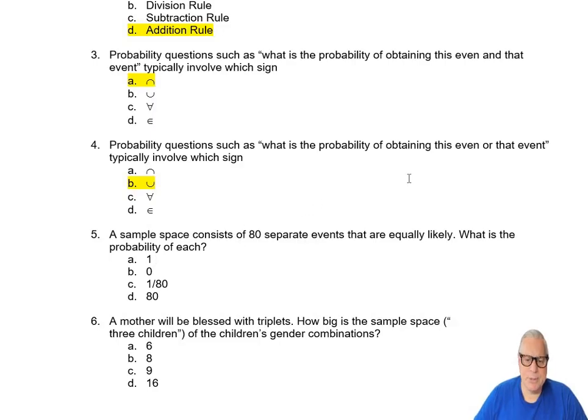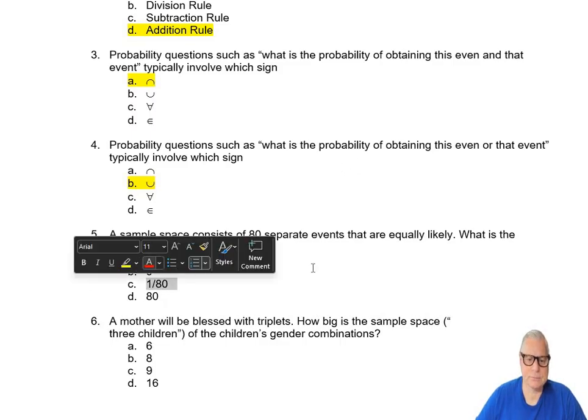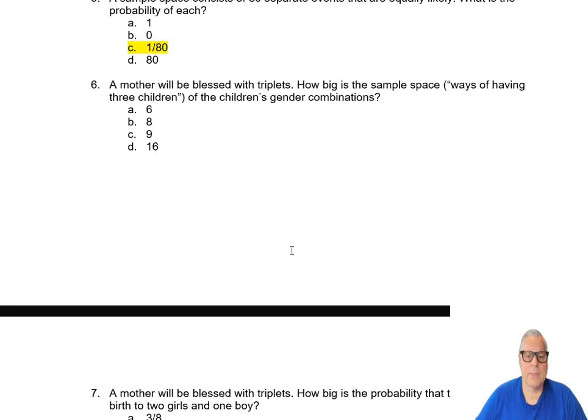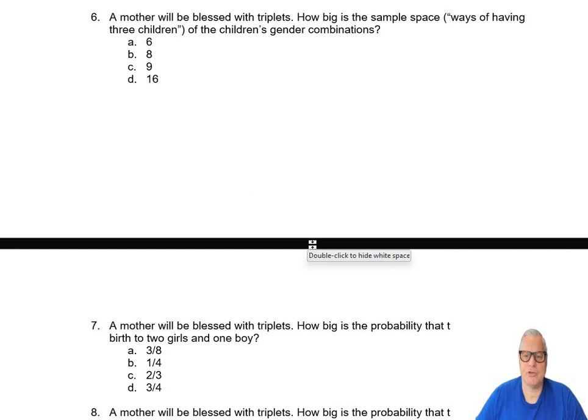A sample space consists of 80 separate events that are equally likely. What's the probability of each? Well, that's 1 over 80. Okay. A mother is blessed with triplets. How big is the sample space of ways of having children? Well, that's 2 raised to the 3, so that should be 8. And this is because